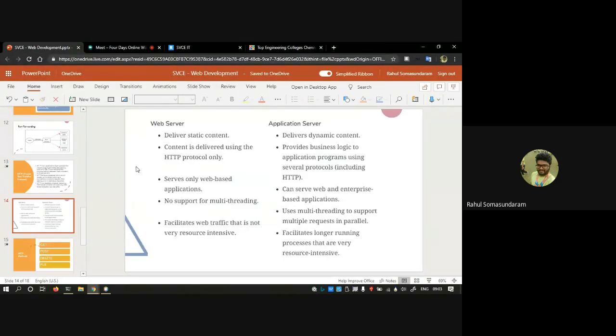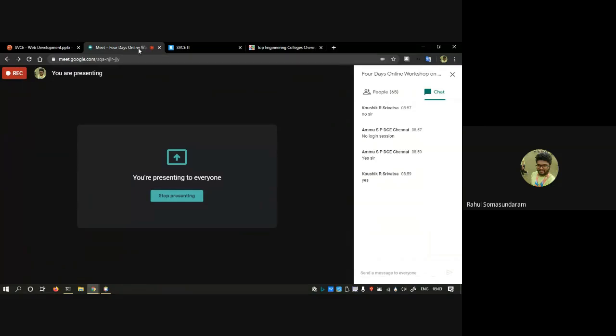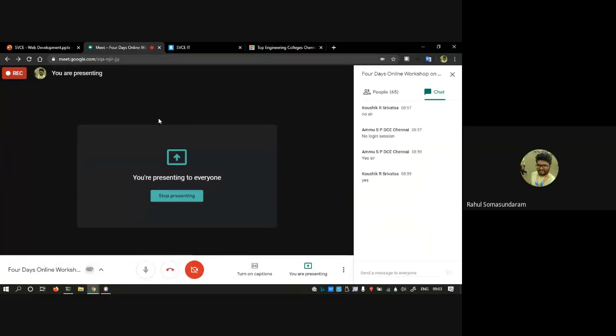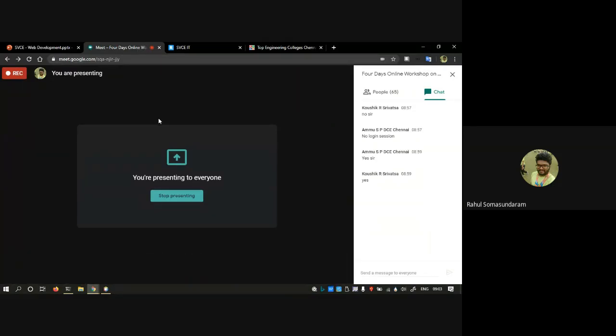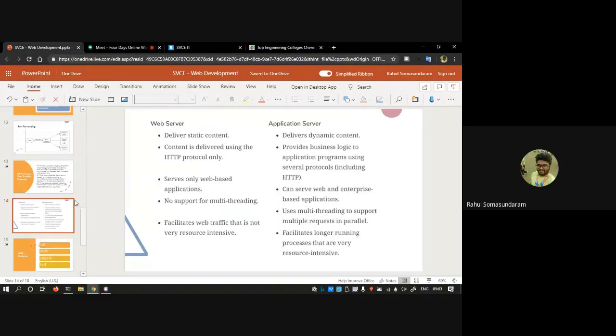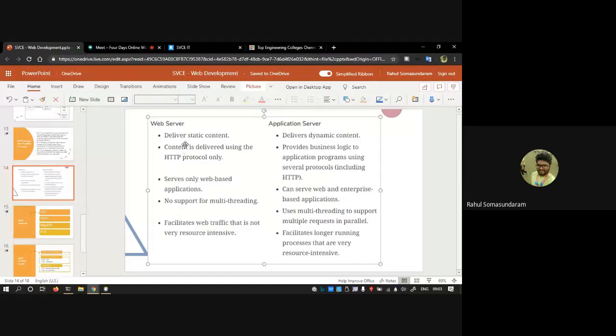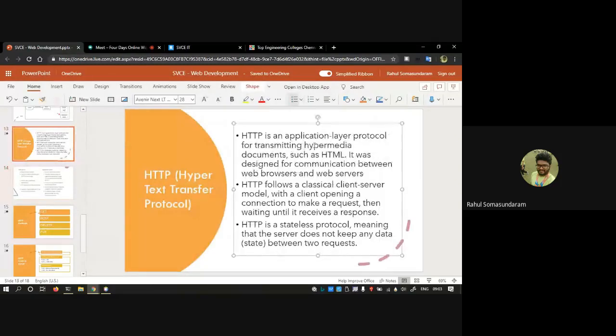Then what is dynamic content? When you are designing a web application, or you are attending Google Meet, these are dynamic applications. You are getting live video feeds of everyone. Like I'm just using Office Online to present this, and I can change everything. I can interact with it. If I want to change some text here, I can change it, right?